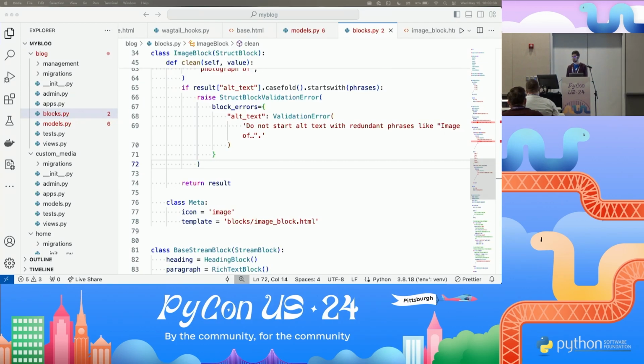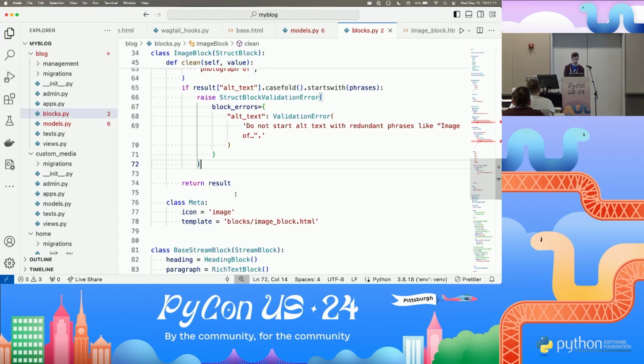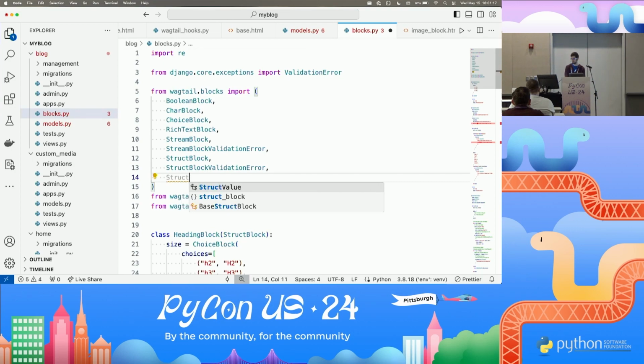Now, looking back at our block template, this is some pretty gnarly logic to put in a template. This is an aside from the accessibility piece, but I think it is an interesting Wagtail feature for you all to know about. Let's move some of this logic into Python using Wagtail's concept of struct value. Struct value is a means of adding custom data to a struct block in addition to the standard values of its child blocks. So we'll go back to blocks.py, import struct value,